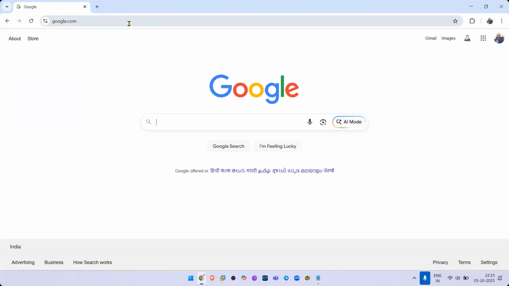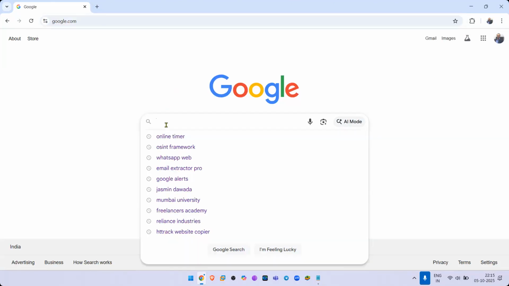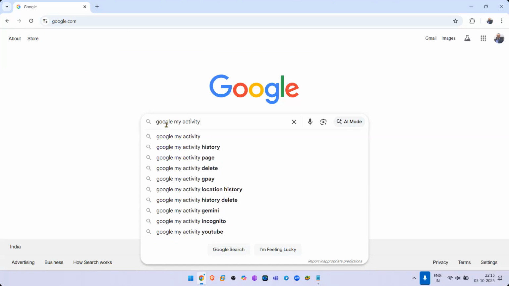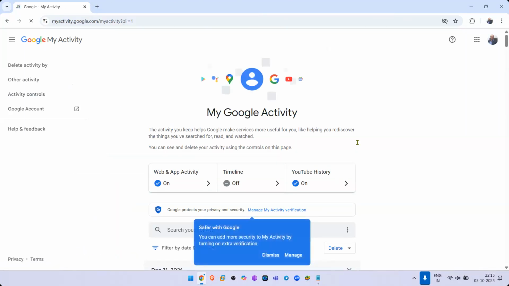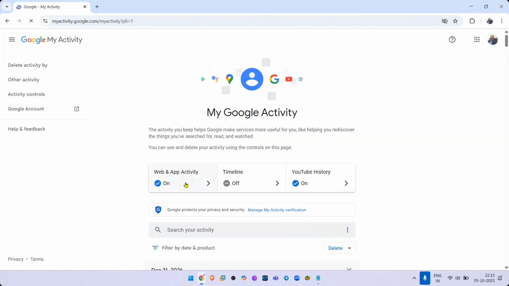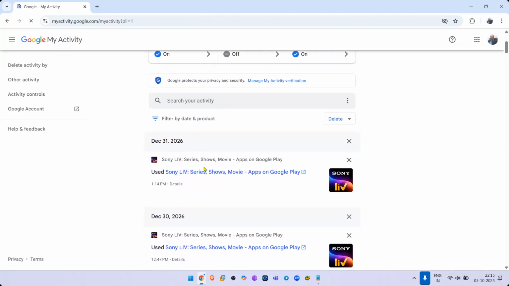Let's go to google.com. And first things first, I want to check whether you could gather some information about, you can say, a person. One thing is you just search for Google My Activity. Just click over here. This takes you to the Google My Activity dashboard. Okay, and here you will see it shows you, yeah, like that's like